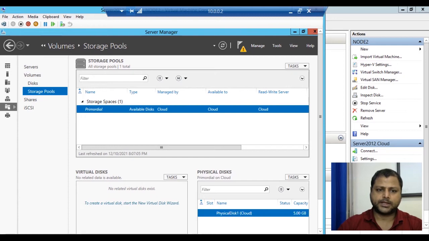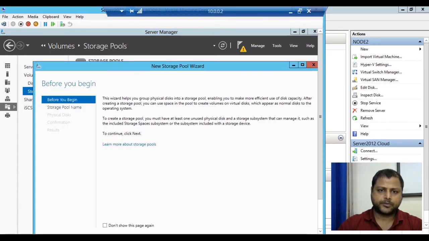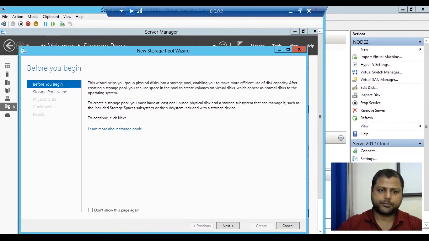When we come to the storage pool, we can see that the available disk space is already there. We are going to create a virtual disk, so we'll create the storage pool first. We'll go to Tasks, then New Storage Pool. The welcome wizard has popped up.